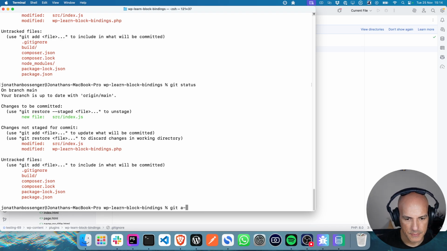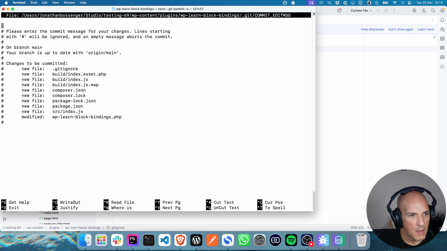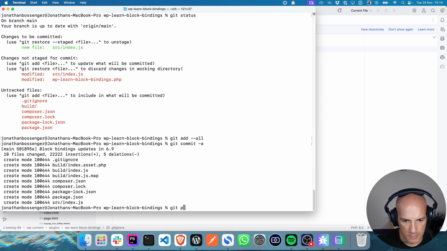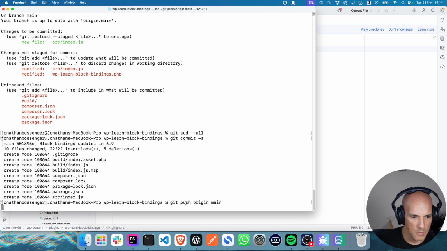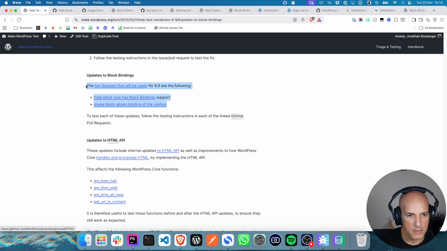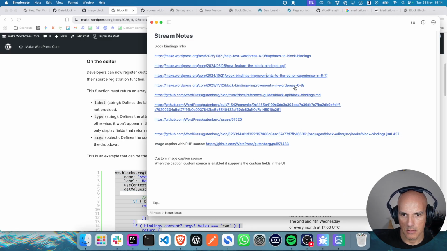Go to block bindings updates 6.9. Okay, so I'm going to focus on those three updates: date block, image block, and the, where is it now? 6.9 updates.